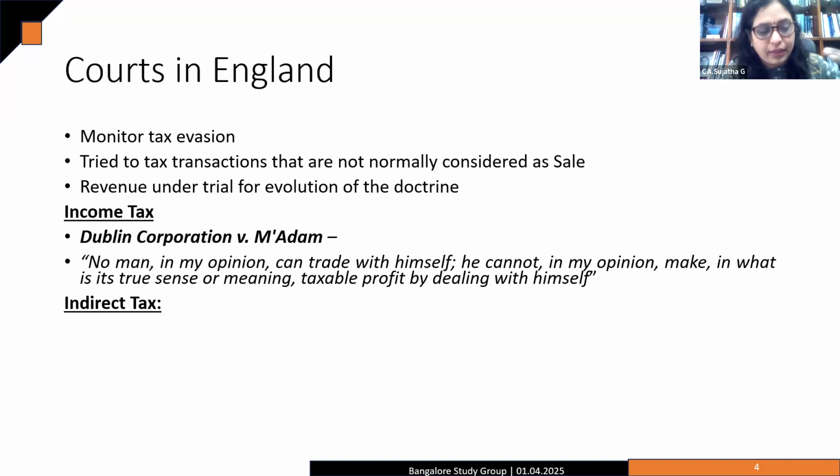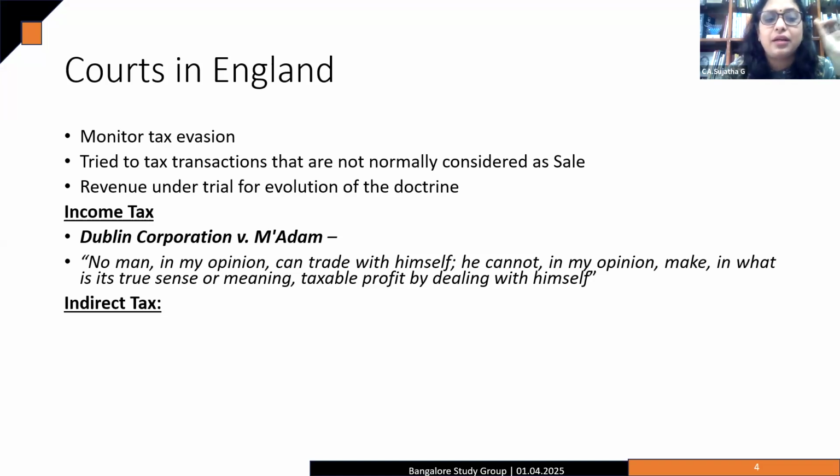So they have to say that, yes, this is subject to tax. Then it is for the taxpayer to prove that it is not taxable. Then they go to the higher court. Finally, the Supreme Court will decide, understanding the complete nature of the transaction, that yes, this transaction comes under the concept of mutuality. So it is always for the revenue to disprove that this transaction does not fall under the concept of mutuality. So in the English courts, in the 19th century, I think in the 1850s,